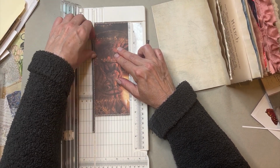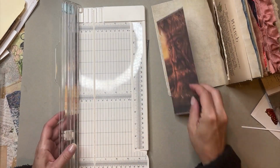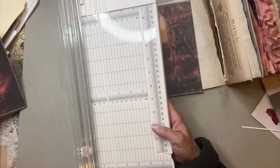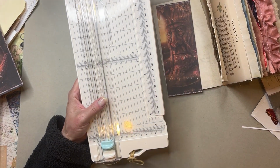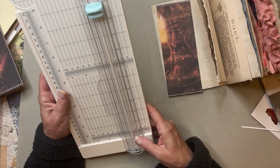Okay, I get asked a lot about this cutter, so I'm just going to mention it as many times as I can. You'll probably be sick of me talking about it by the time I'm done. This is Craft Tools brand. It's a Hobby Lobby, I think it's their brand. It's all blue and white. They look very generic in the Hobby Lobby stores, so